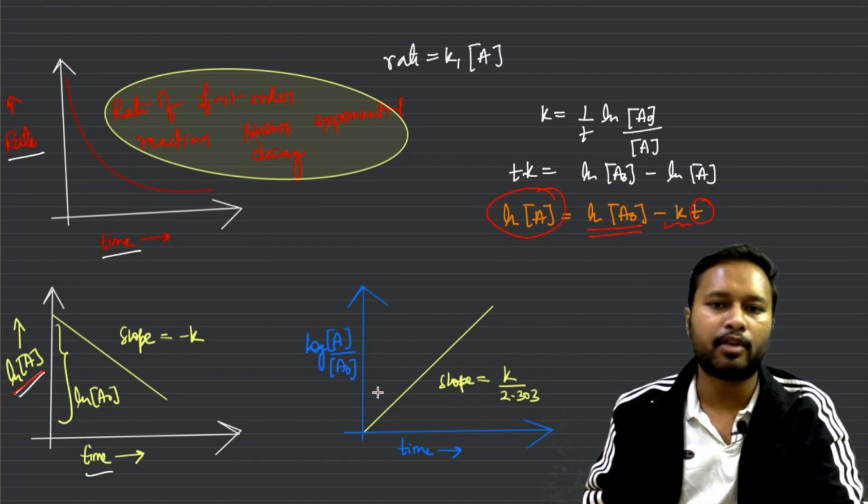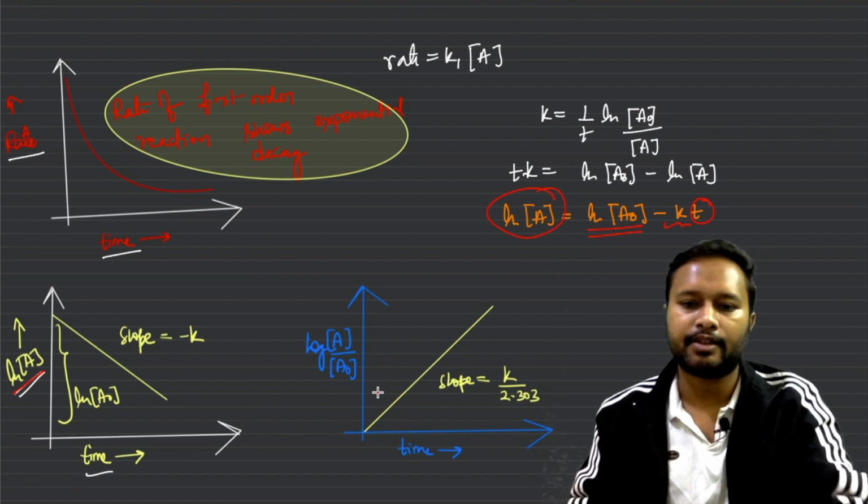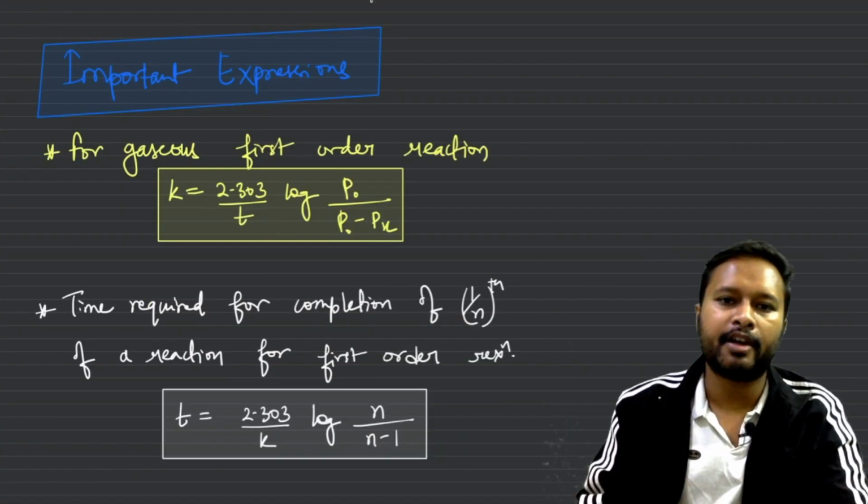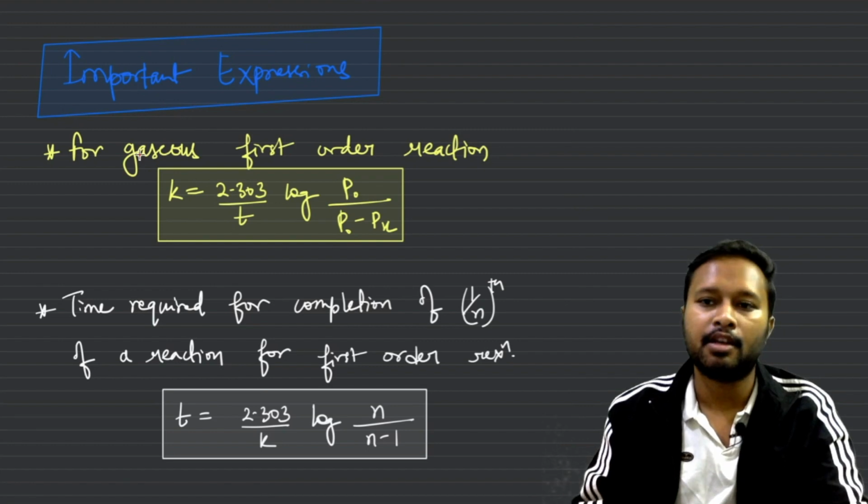Okay, so these are three important graphs for your first order reaction. Alright, there are some more important expressions for your first order reaction. The one is over here. For your gaseous first order reaction, the rate constant is given as K = 2.303/t log